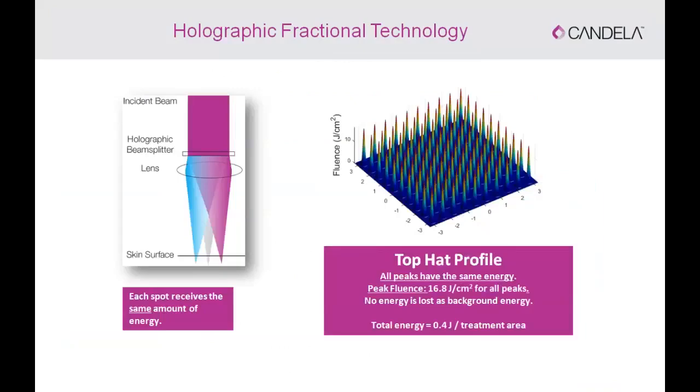It has this unique feature of a holographic fractional technology, where there is a beam splitter at the lens that splits the beam of light into very high-powered spikes of energy with no background energy. But if you look at the total amount of energy, that is still low, but essentially you're using that holographic fractional technology to split the beam of light into spikes of